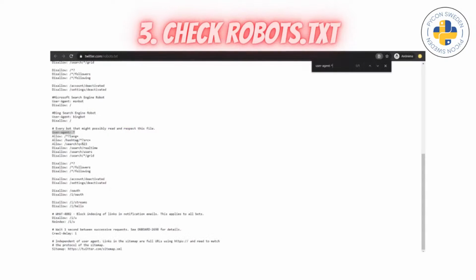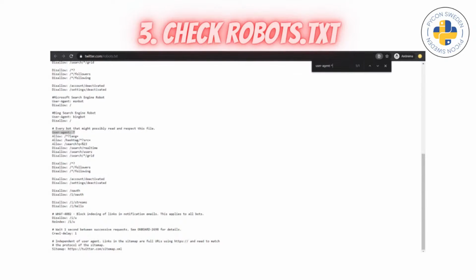So the next step would be to check robots.txt. So we have the website, We Work Remotely, and remoteok.io. The next step is to understand the rules that the owners of the website stated for web scraping.